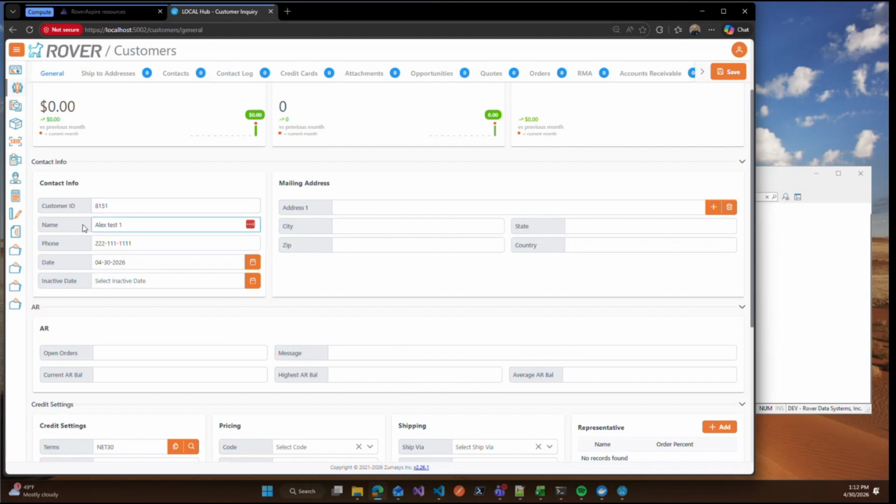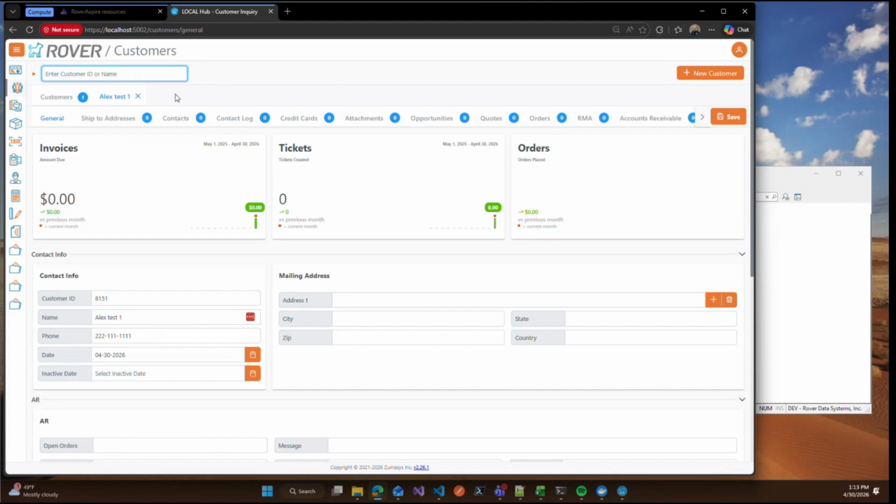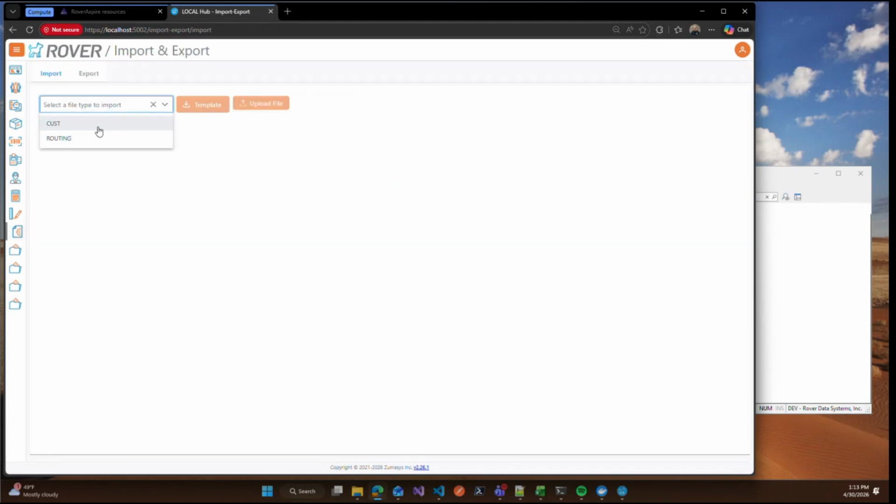So we can see the name, Alex, test one, phone number. We've got a note here, run check. Okay. And in this case, the platform supports a new import job. And so previously, when you're importing a file,